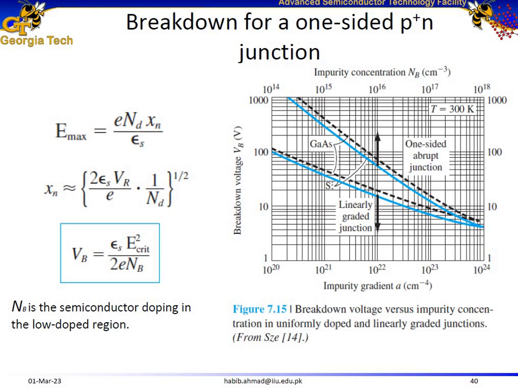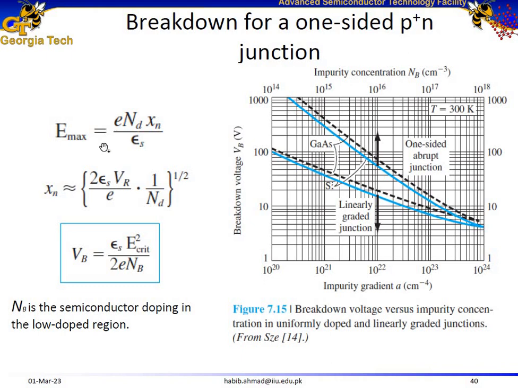Here is another important slide: breakdown for a one-sided P plus N junction. We already covered the formula for maximum electric field, which is equal to q times Nd times Xn divided by the permittivity of the semiconductor. And then for a P plus N junction, the depletion width is approximately equal to the depletion width on the side of the lightly doped material. So here is an equation for Xn. Replace Xn in the maximum electric field equation, rearrange